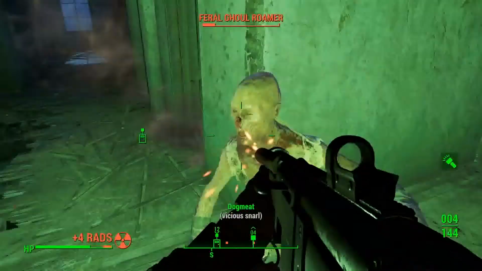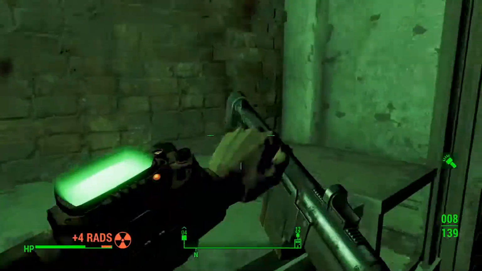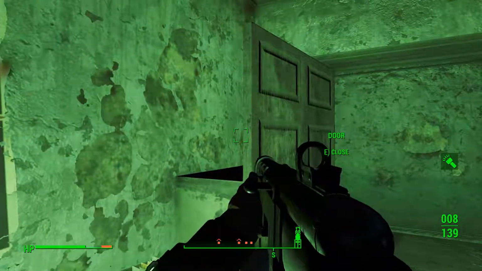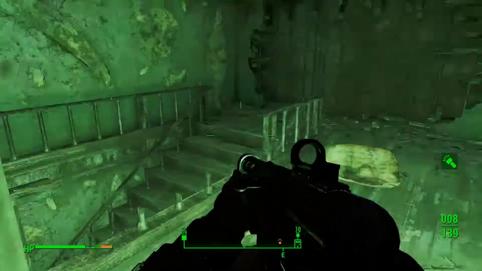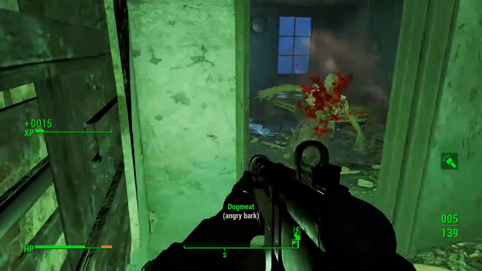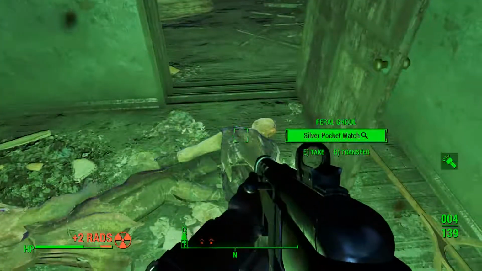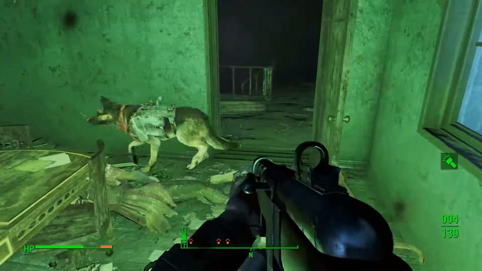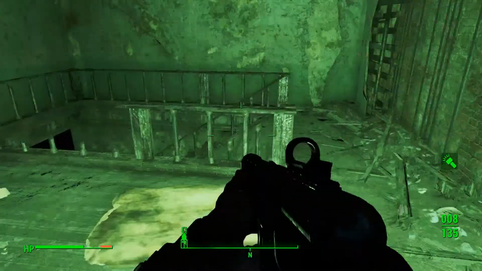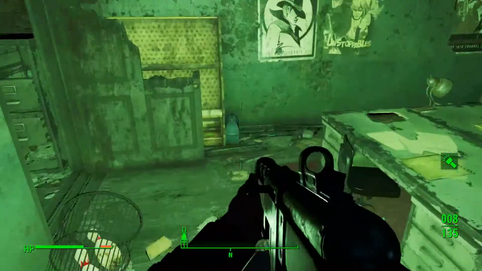Oh! So physically, or I guess rather mentally, what's the difference between a feral ghoul roamer and just a regular feral ghoul? I'm curious. Because functionally they seem to be the same. I guess maybe the roamers are stronger, but what makes a feral ghoul into a roamer? I get what makes one into a glowing one. They're just supercharged with radiation, but